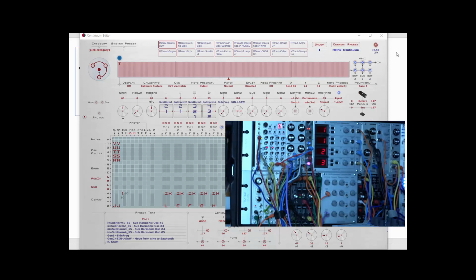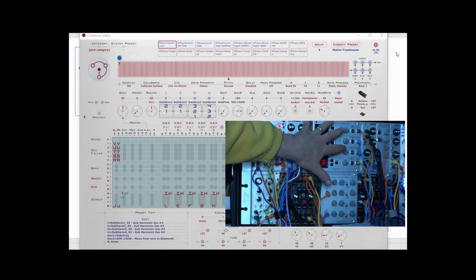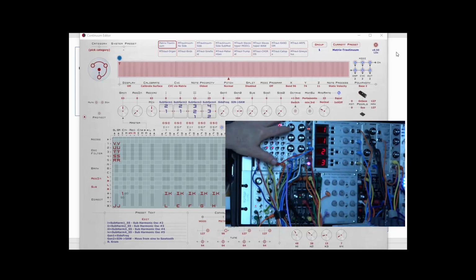At least it uses two Doepfer modules that are the heart of that instrument, the SubHarmonic Generator and the Trautonium Formant filter. In addition to this, I've created a subharmonic generator on the Continuum